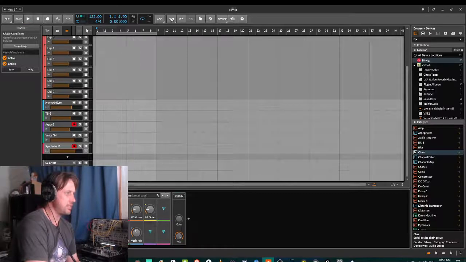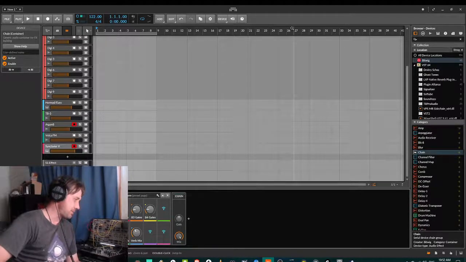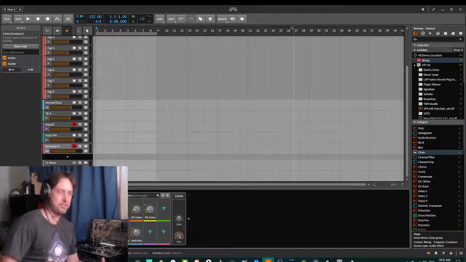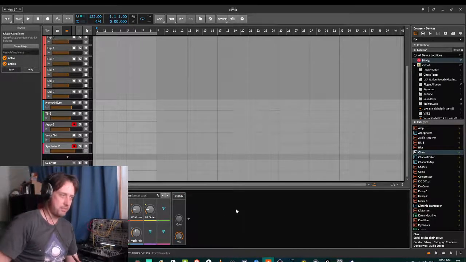But you can probably do this in most hosts, I'd imagine, using a bit of trickery. I don't know, each host has probably got its own method of doing this sort of thing, because what I'm doing with this idea and technique is employing multi-band processing. So depending on your host, there's probably different ways of going about that. In Bitwig Studio,